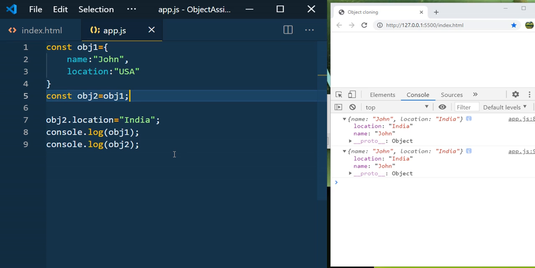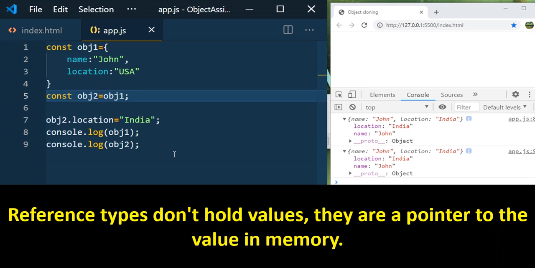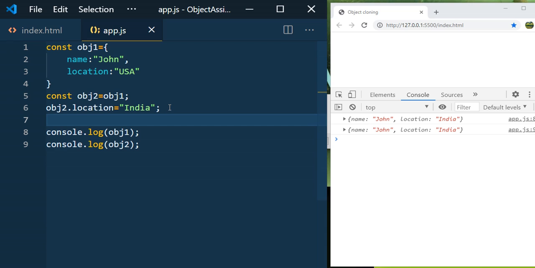That's because when you use the equal symbol, it copies the pointer to the memory space the object occupies. Reference types don't hold values, they point to the value in memory. So you can't use the equal symbol to clone the object. Let us see possible ways of doing the cloning.